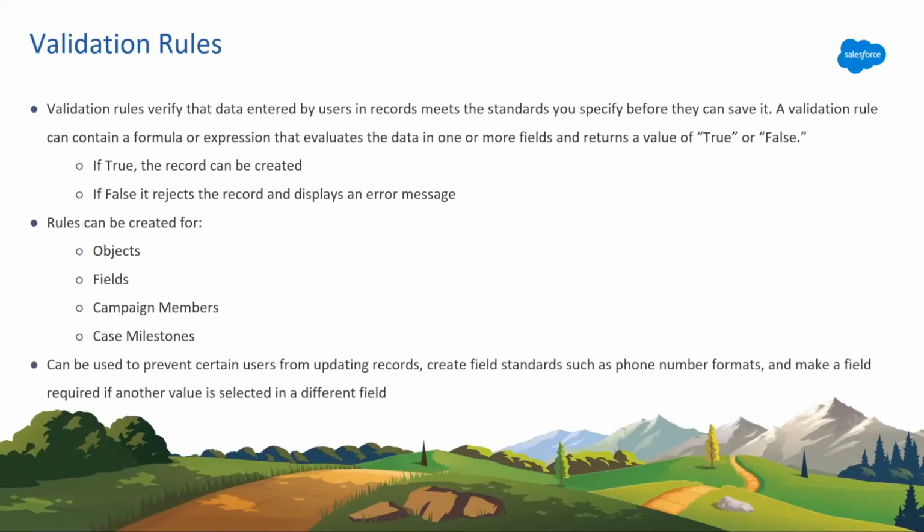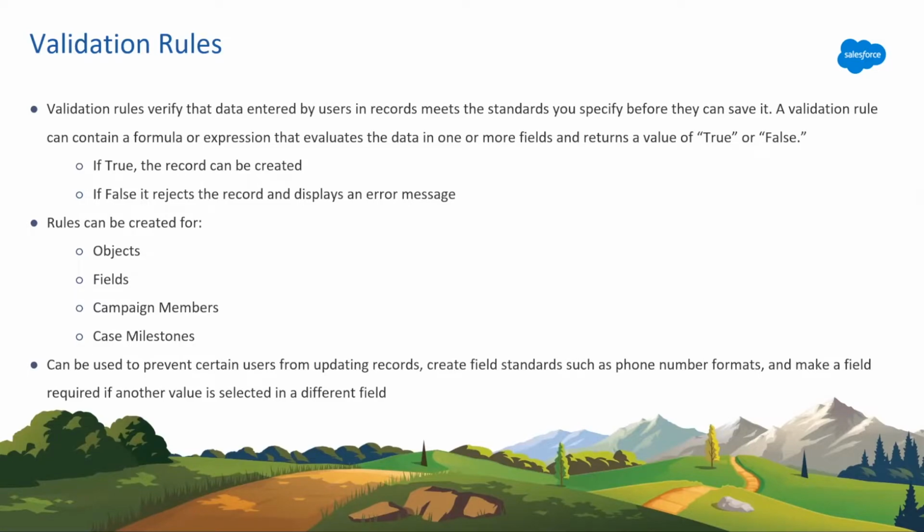This can be used to do things like prevent certain users from creating or editing records. So if you say a certain user with a certain role can't edit a record, then you could actually use a validation rule to make that happen. So maybe it's just they can't update certain record types or something like that. You can use a validation rule where it will look at the role of that user, see that it's false, and it will stop them from editing it.